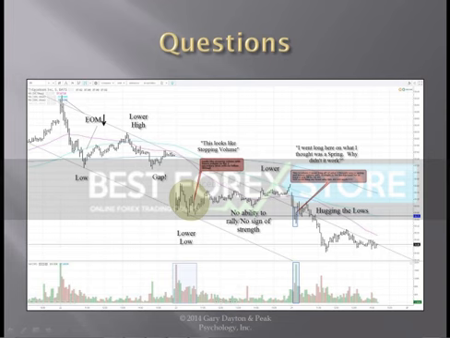I remember in 2010, people were saying it's a reverse head and shoulders pattern. We're going to go down and take out the 2009 lows. Maybe it was in late 2009. We're going to go down and take out the year's lows, and we're going lower. It's going to be a disaster. And I wrote an article that was published someplace, and I said, that's not a head and shoulders. This is a spring in an uptrend, and we're about to go much, much higher. And of course we did. The spring was a good trade.